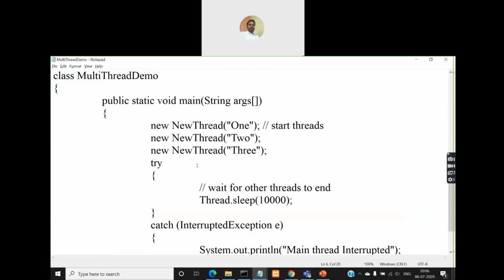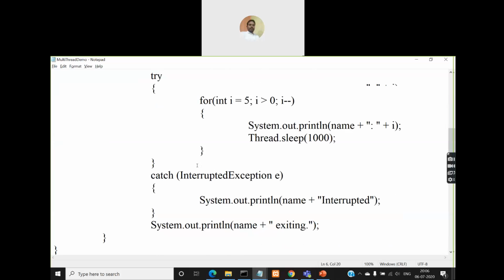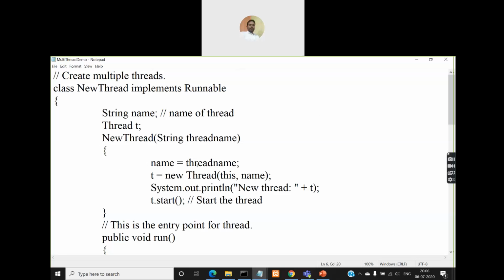Okay, so understood. Sir, why is switching taking place between the three threads? Like first it's displaying thread one, next it's displaying thread two, and then it's going into the loop, right? Yeah,